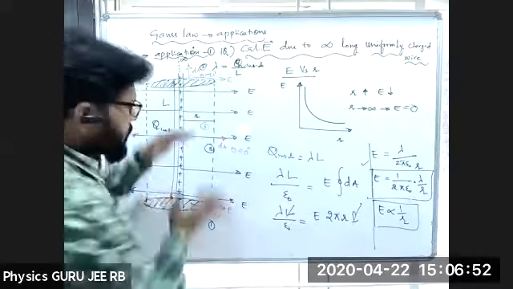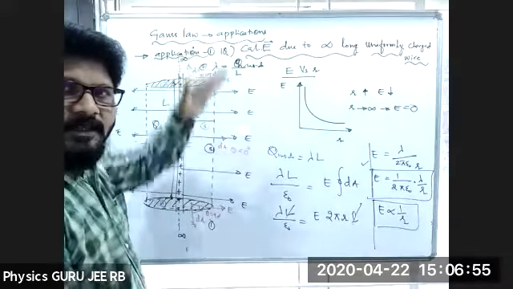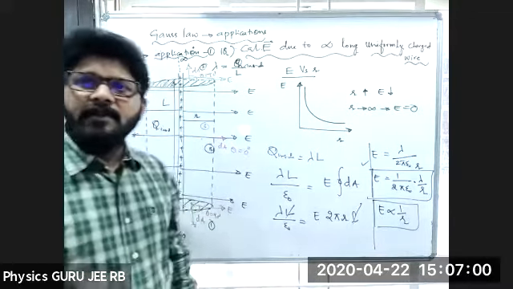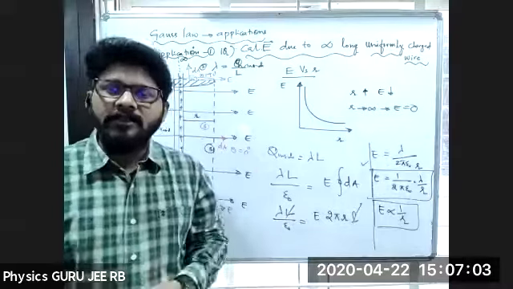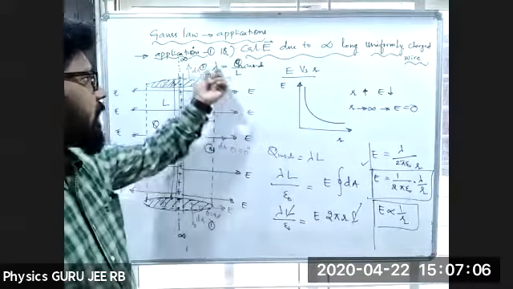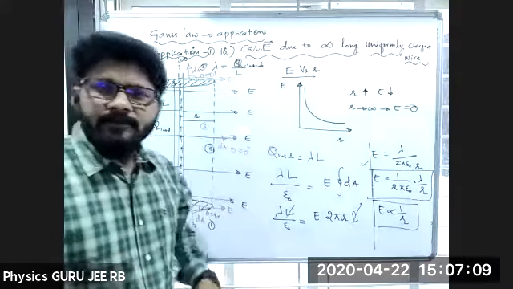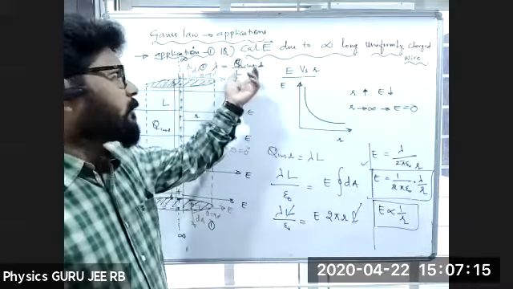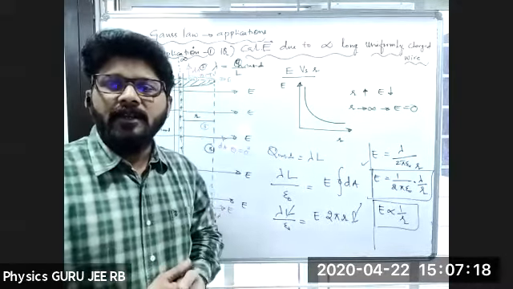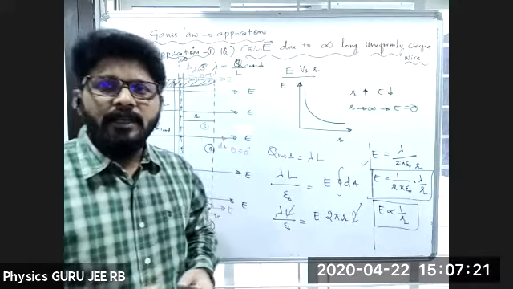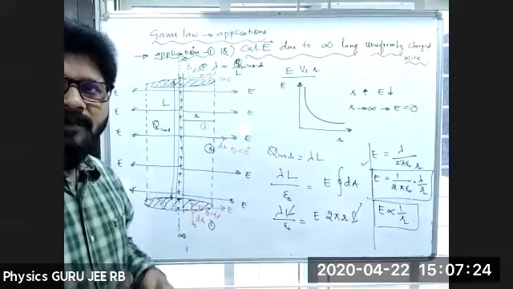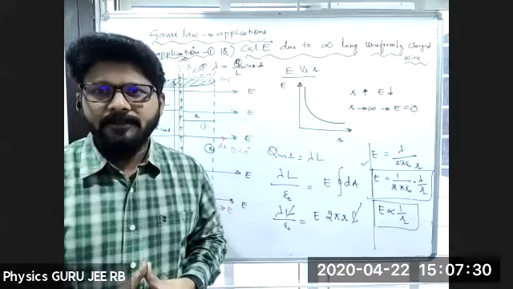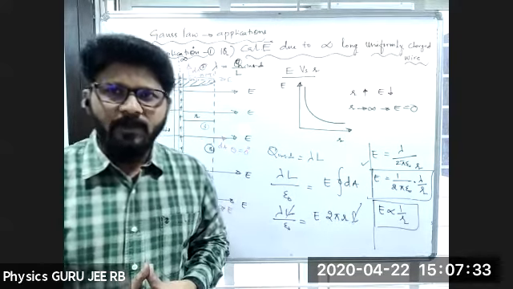As I am increasing the Gaussian surface, the charge also increases. That means it depends on that length. When we are doing problems, lambda is equal to Q by L. If the length is infinite, say 100 meters, 200 meters, 300 meters, 400 meters, the charge is also increasing, so the lambda value will increase, right? So to get more information, finite or infinite, all the time we'll be taking infinite conductors to calculate it. Okay.